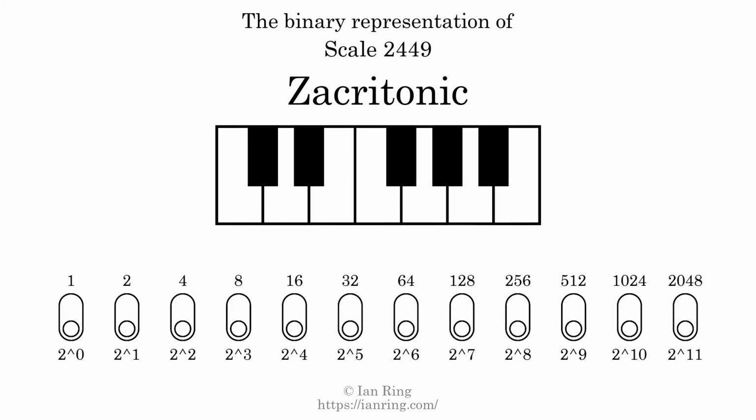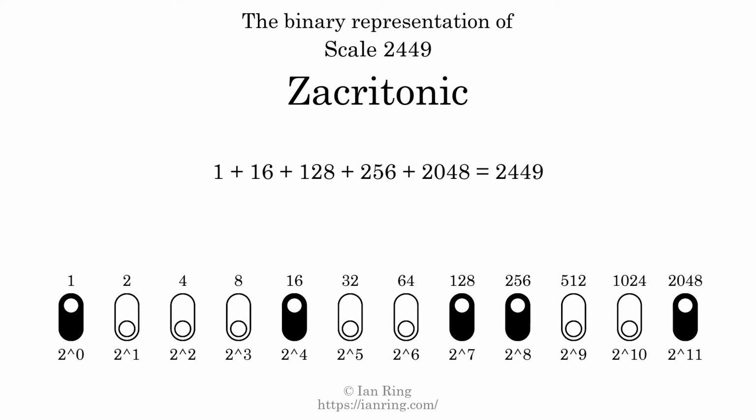The binary representation of this scale is determined by mapping tones of the scale to binary digits. Each binary digit represents a power of 2. To get the scale number, we add the powers of 2 together. The powers of 2 that are present in the scale, all added together, equals 2449. That is why the scale number, in decimal, is